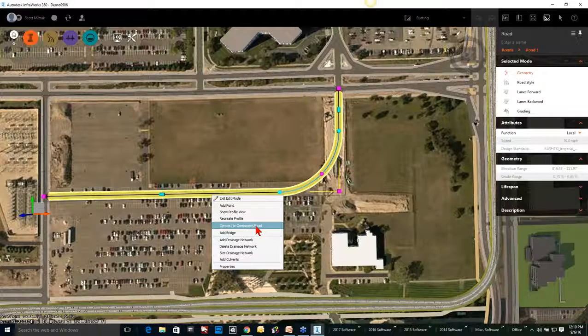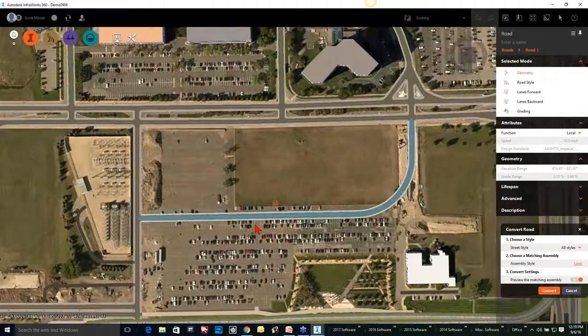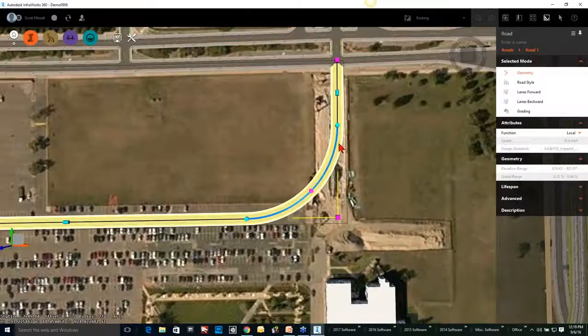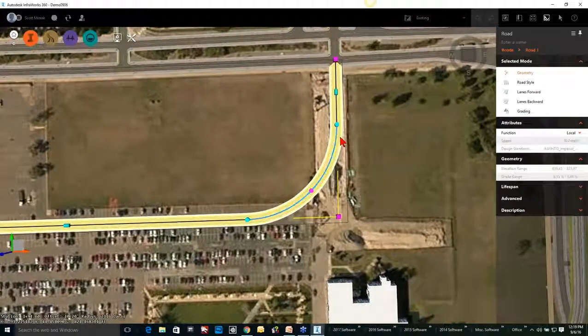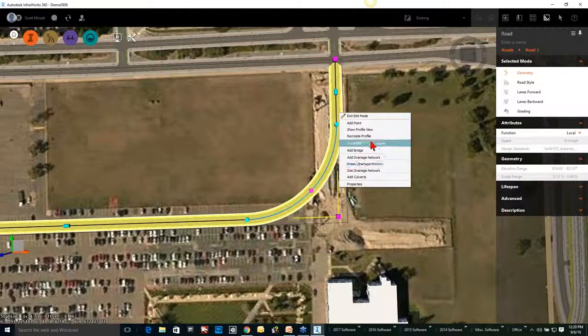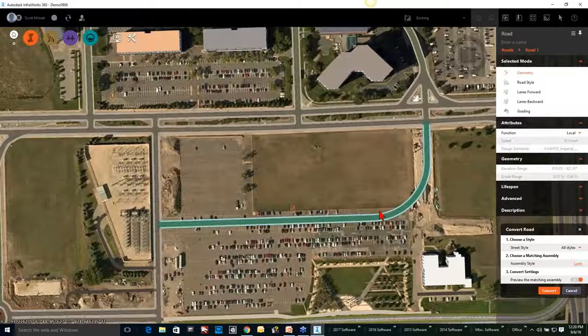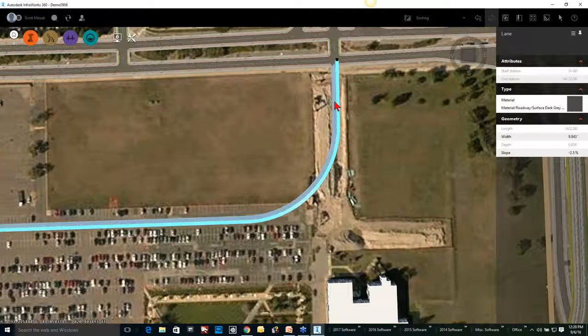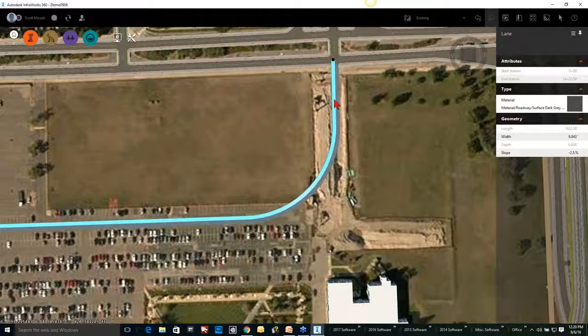So I'm going to go ahead and convert this to a component road. And it is now a component road. If I click on it once, it brings up attributes of the road. If I click on it a second time, it now splits it up, and I see the left lane and the right lane. And I can make edits to the left or to the right